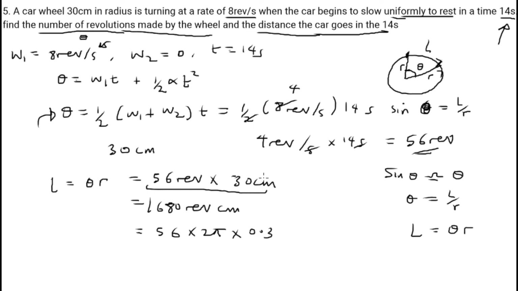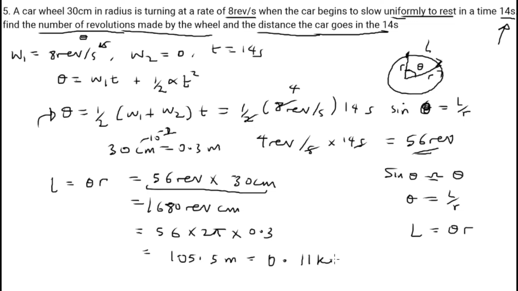Notice that 30 centimeter is the same thing as 0.3 meters, because centi means 10 raised to power minus 2, so I'll be dividing by 100. If you multiply these together, you should have 105.5 meters, which is approximately